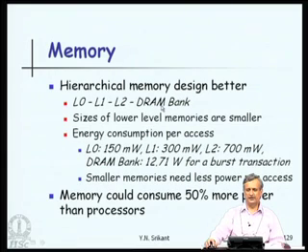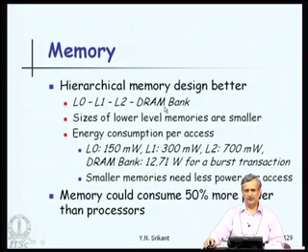So, this is the hierarchy. Instead of having just DRAM, it is better to have such a hierarchy. L0 is the fastest and DRAM is the slowest. Sizes of lower level memories are smaller. L0 is the smallest cache, L1 is slightly bigger, L2 is bigger than that, and DRAM is obviously the